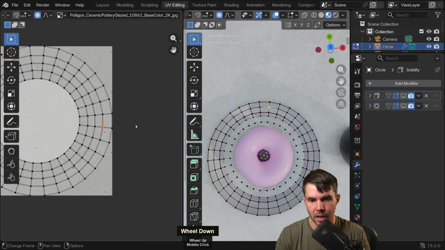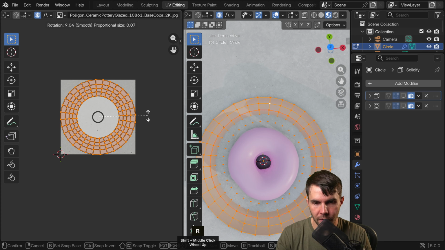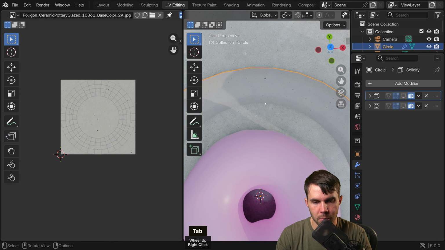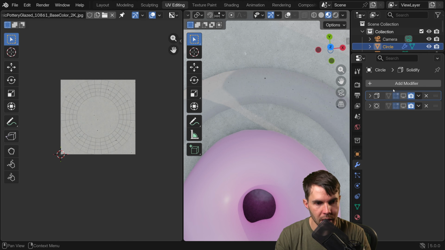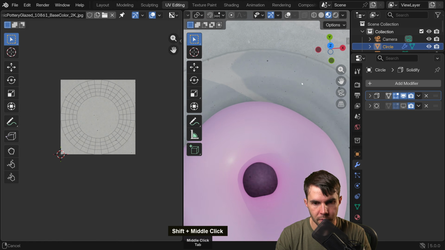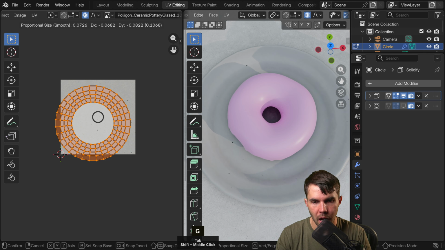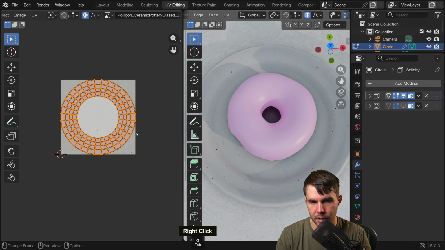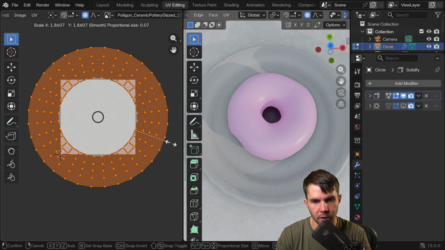And if I was to select everything with A, and then hit R to rotate, you can see that the texture is being updated over there. In fact, if I turn off the overlay there just to see it more clearly, and then I turn on the thickness, right? Watch this. As I select everything in edit mode, I can move this around and the texture coordinates are updating in real time. Okay, I can also scale this by hitting S, and this is a really common thing you do